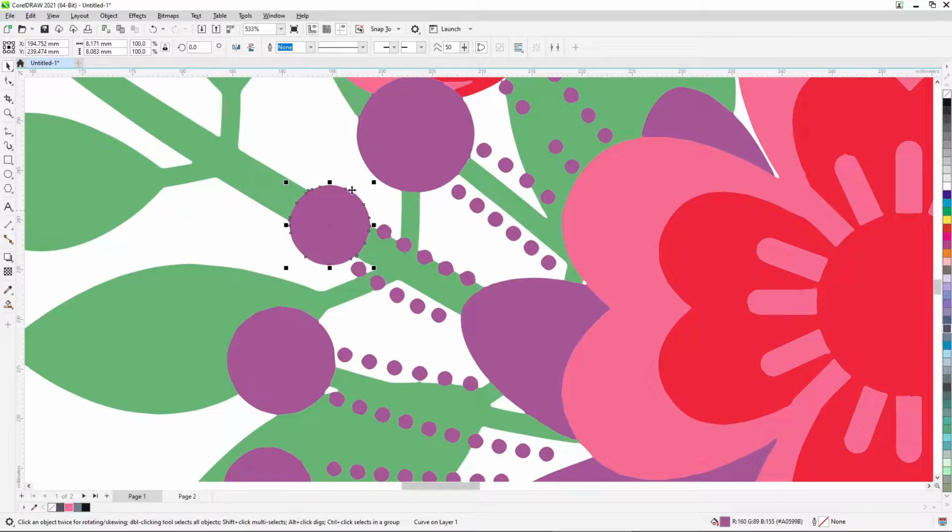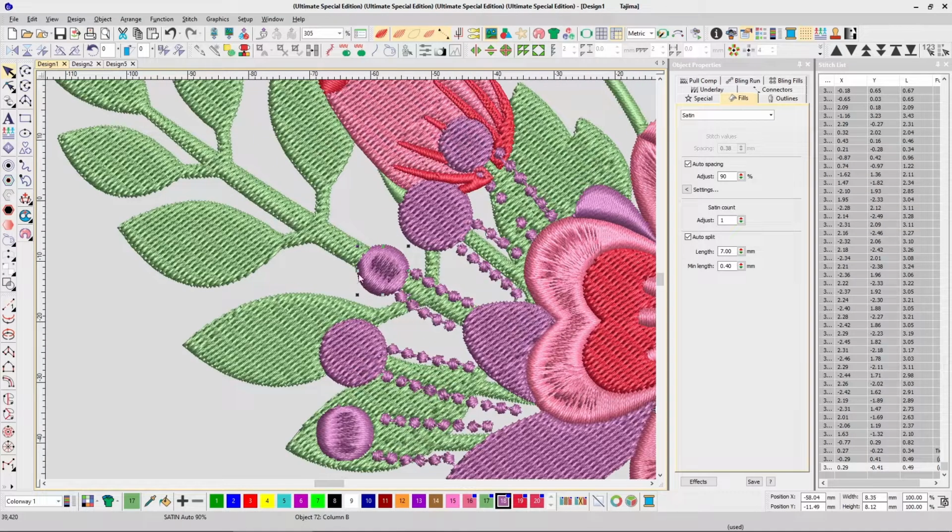So this is a very small area, and despite that there are a lot of stitches. Now I can't show you the exact stitches that are in this. My digitizer will be able to tell you the exact number of stitches required just for this tiny circle. But nonetheless, there are a lot of stitches because it's a dense area and it's satin fill, so satin stitch requires more stitches.